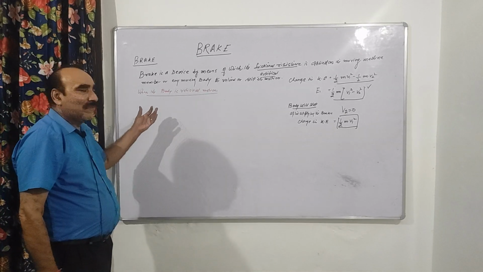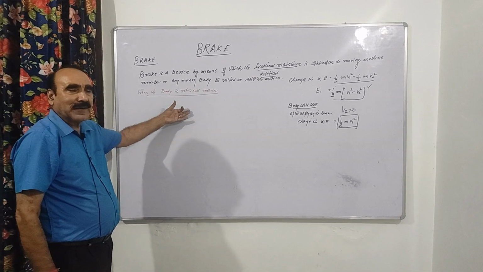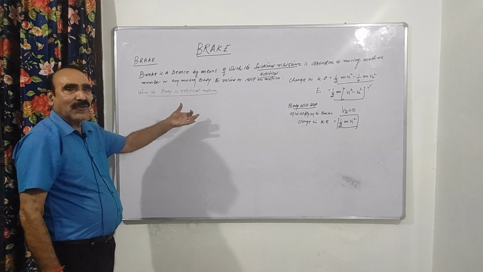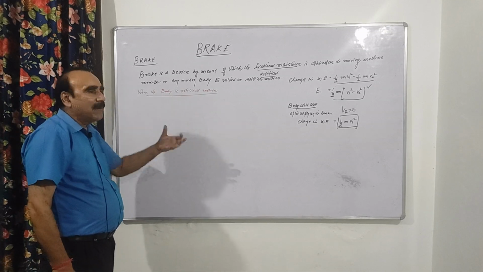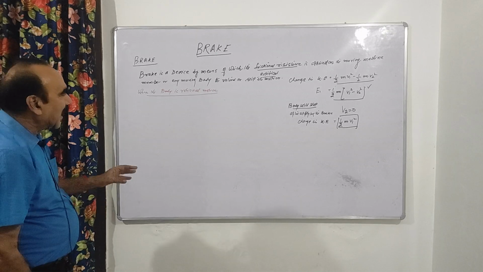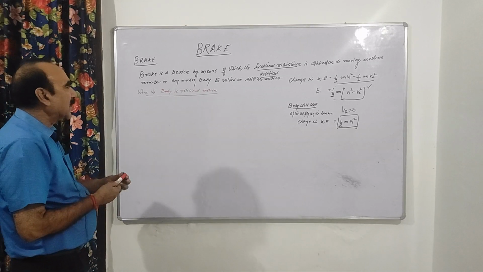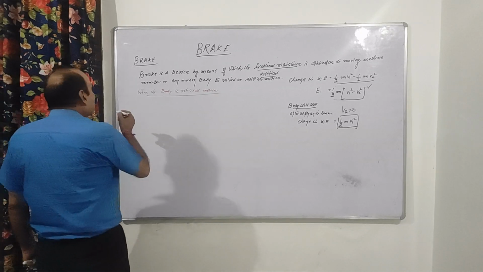So say before applying the brake the angular velocity is omega 1, and after applying the brake the angular velocity is omega 2, then we will calculate the change in kinetic energy here, and that kinetic energy is being absorbed by the brake, right? So ये कितना आएगा, ये जस्ट हम ले लेते हैं,